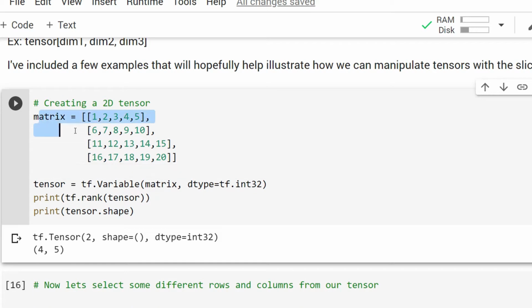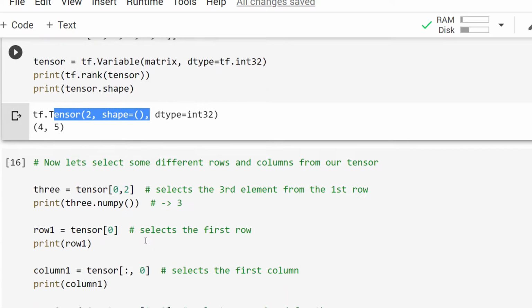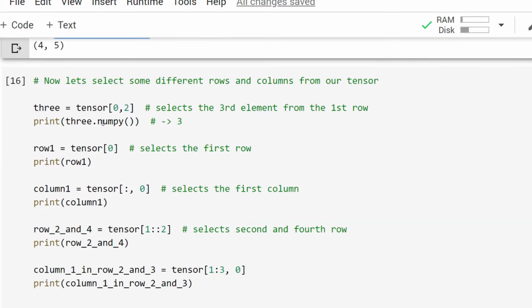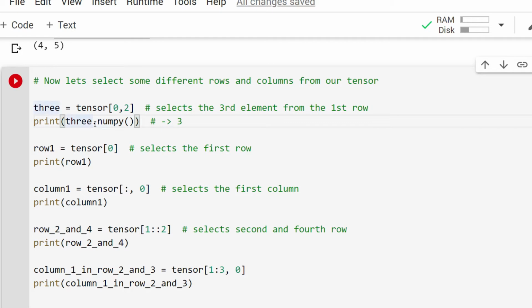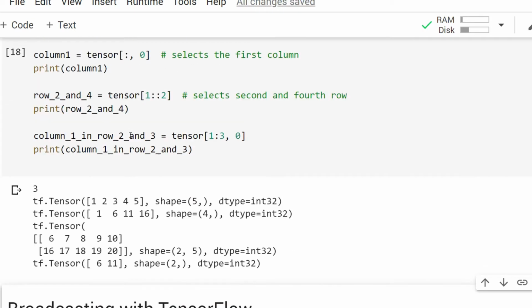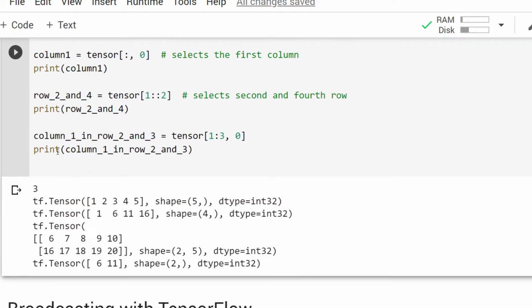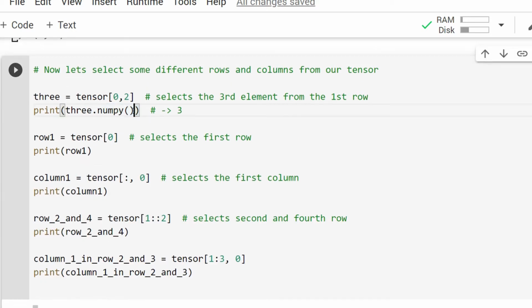Now let's first run this matrix. So my tensor is this. Now I have written the dot numpy function here. Why? Because I want to print the value at this location. So this can be run and the values can be seen as this. So dot numpy has helped us get only the value. If I remove this numpy, then the value will be printed as a tensor.